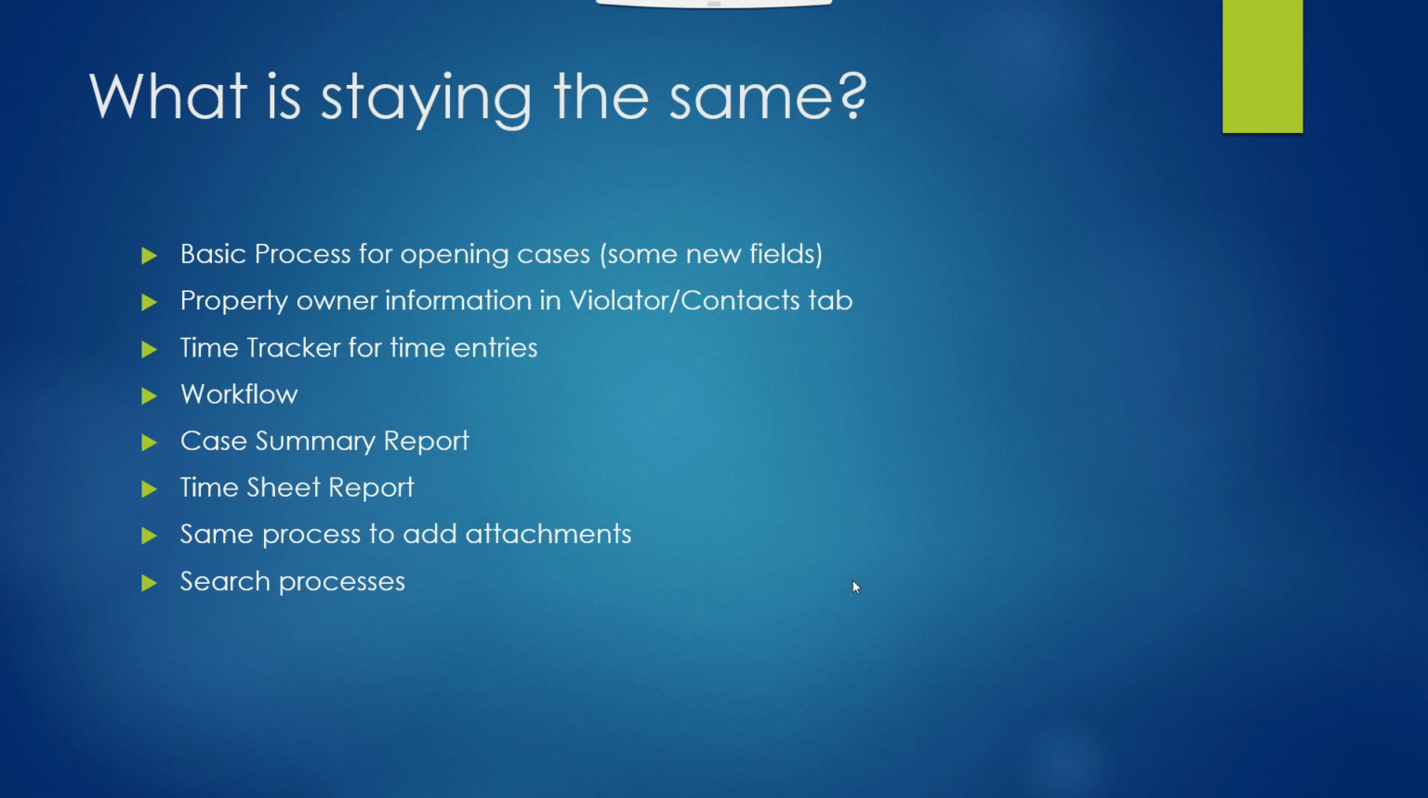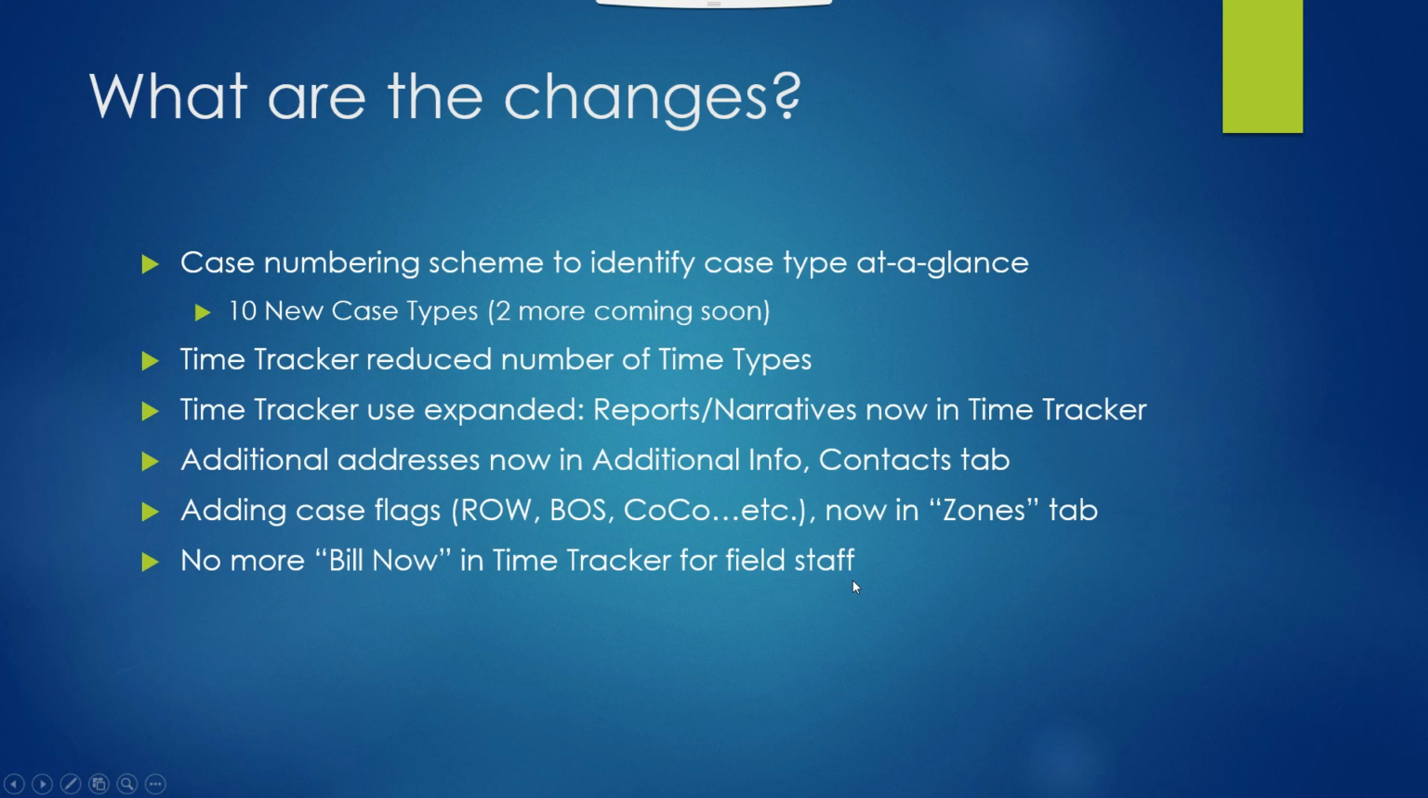Now let's talk about some of the differences. What are the changes? The case numbering scheme to identify case types at a glance. There will be 10 new case types. 2 more are coming soon. Those new case types will be differentiated from the older case types by a new naming convention. Each of the current or new case types will now have 4 letters at the beginning of the case type